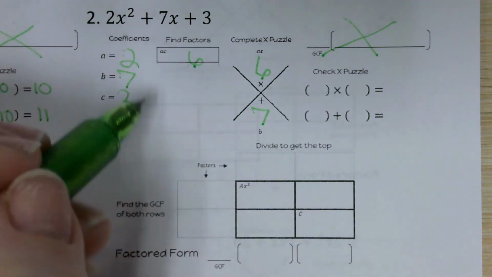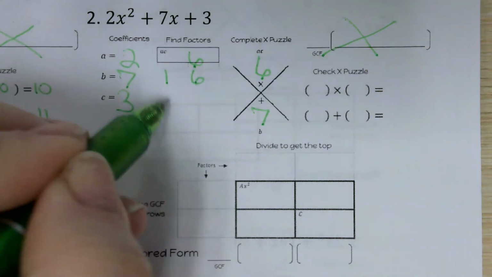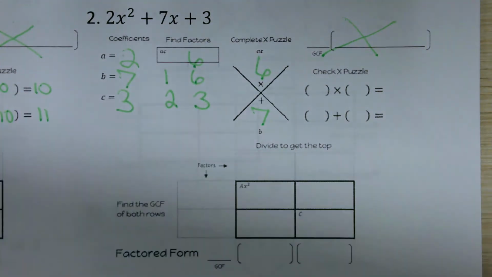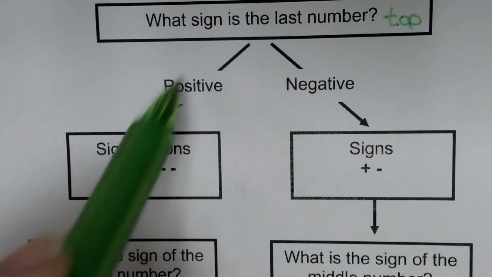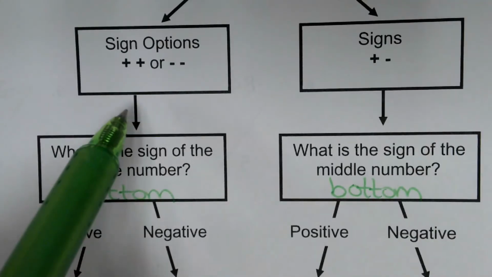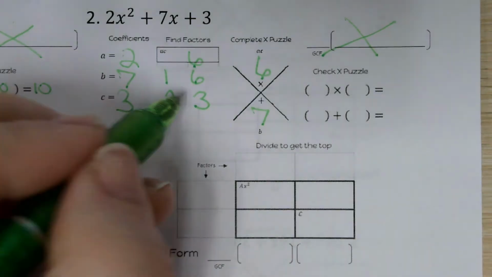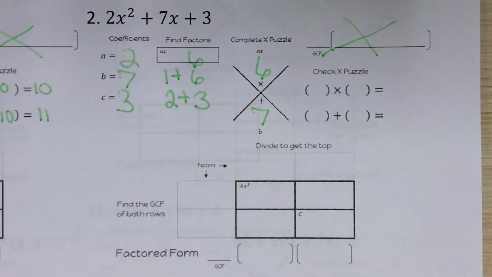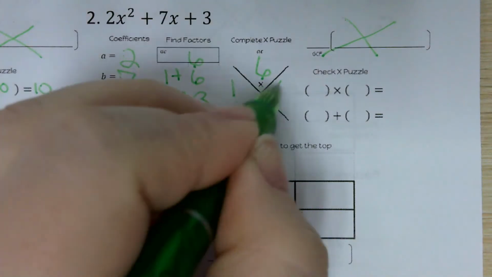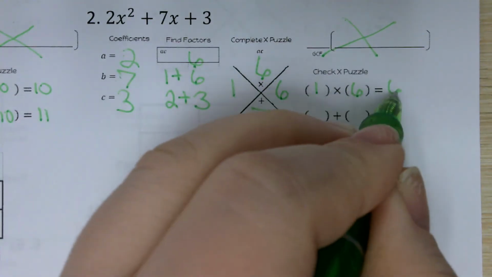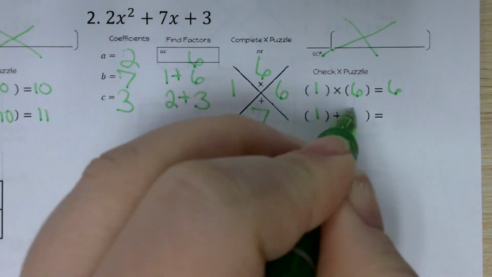The factors of 6 are 1 and 6, and 2 and 3. According to the factoring flowchart, the top number is positive, so plus plus and minus minus. The bottom number is positive, so I'll use plus plus. When I add together my factors, 1 and 6 are the only ones that give me 7. A quick check indicates that 1 times 6 is the 6 I need, and 1 plus 6 is the 7